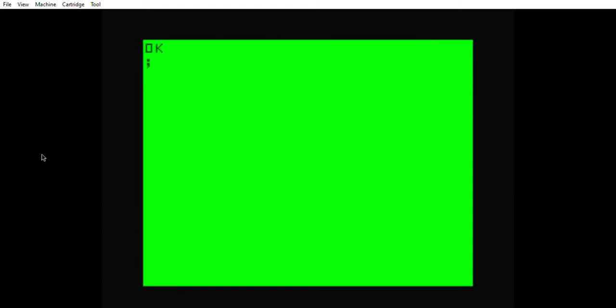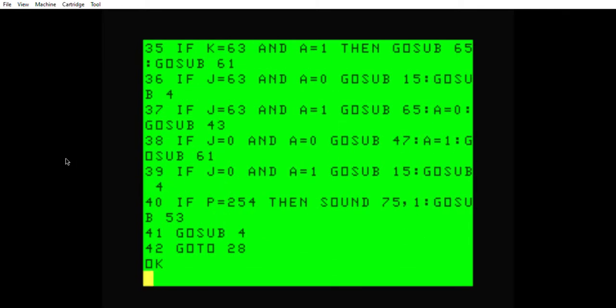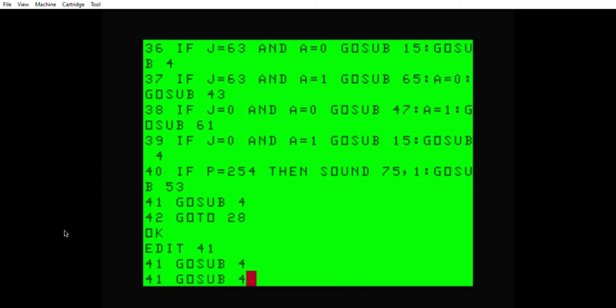Okay, it's a logic gate, so it's lines 21 through 42. So if we list 21 through 42, we're going to throw it in on line 41. This gosub 4 is our